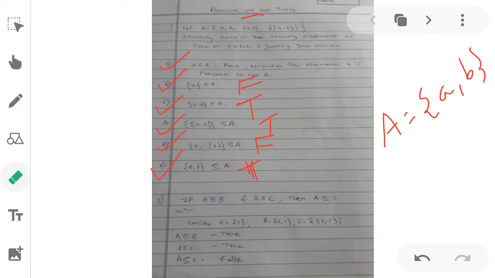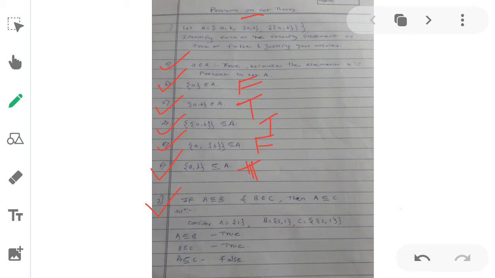We will proceed to the second problem. I will read it: if A is a subset of B and B belongs to C, then we have to check whether A is a subset of C. In the solution, I have considered three sample sets.